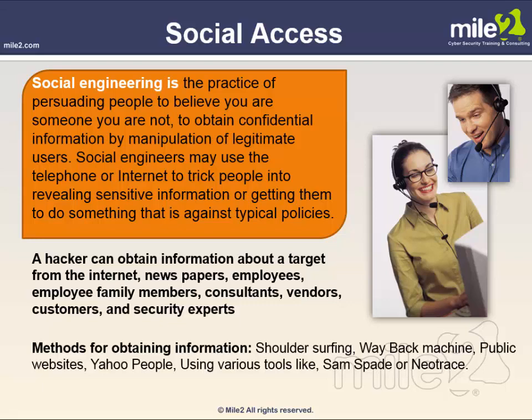So keep in mind, in layman's terms, that social engineering is generally going to be the act of getting some needed information from a person rather than breaking into a system. Right? So you're not going to do it via digital means, you're just going to be doing it via human means. So we're going to attack the human factor here. A hacker can obtain information about the target from the internet, newspapers, employees, employee family members, consultants, vendors, customers, and security